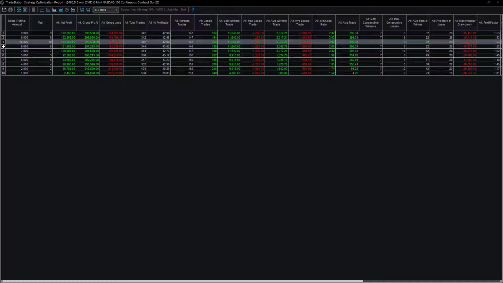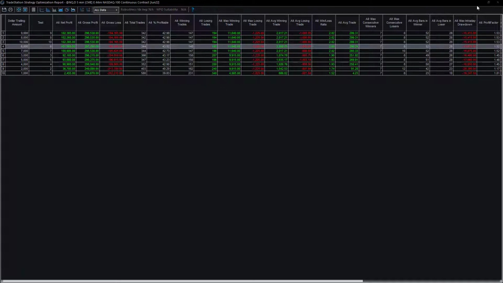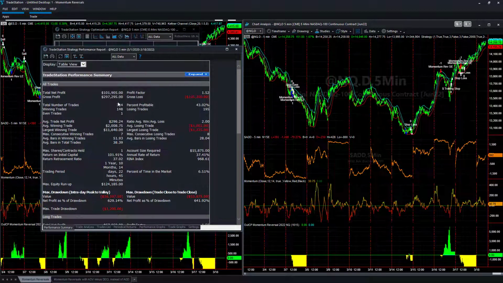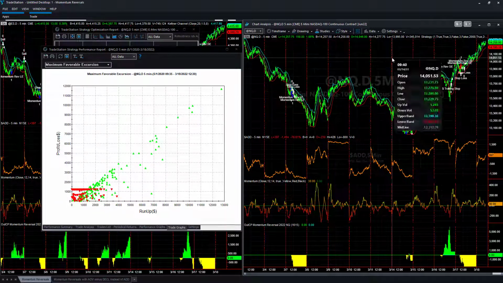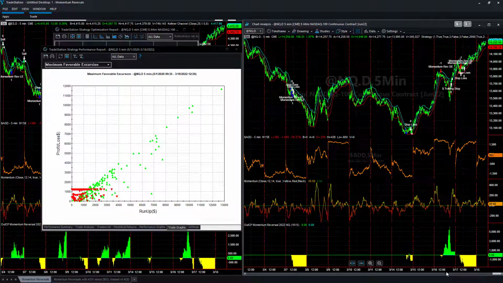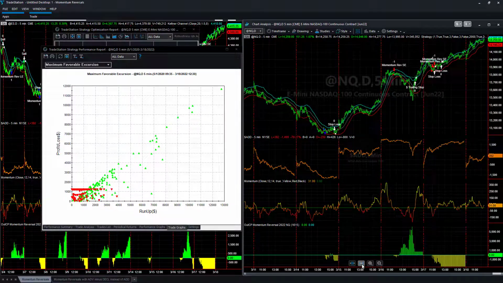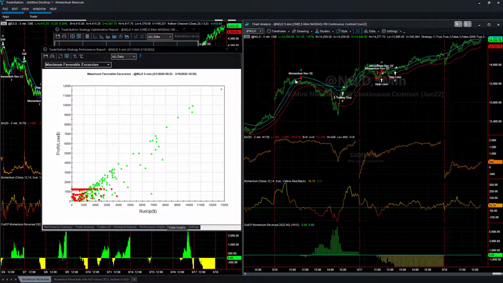And you can double click on this. Once you double click it, it will update the input to that value, and then you can look at the results. And you see that the results are slightly worse, but you remove that outlier. You lock in those profits. So if you use a $6,000 trailing stop loss, let's see what happened on Fed Day. We did not lock in that profit, but we were able to lock in some of the profit